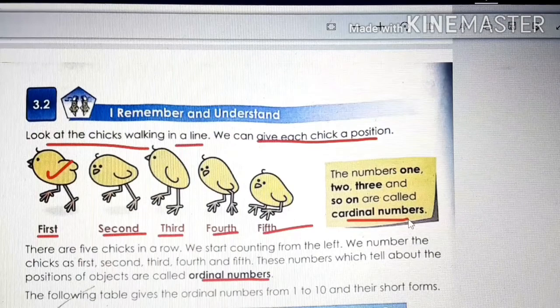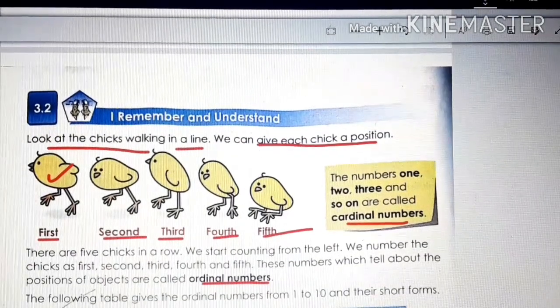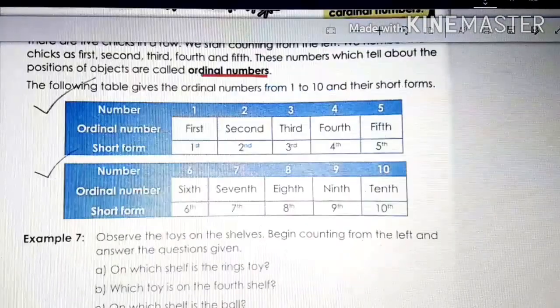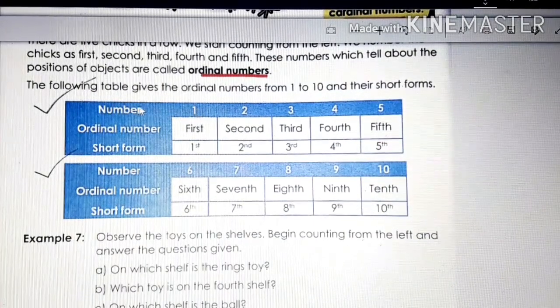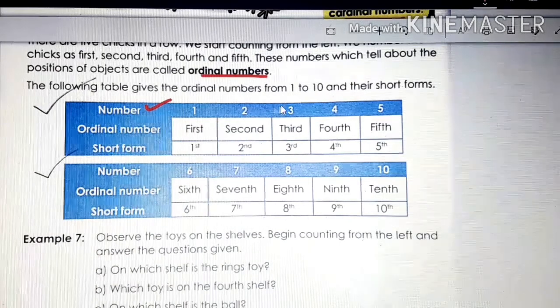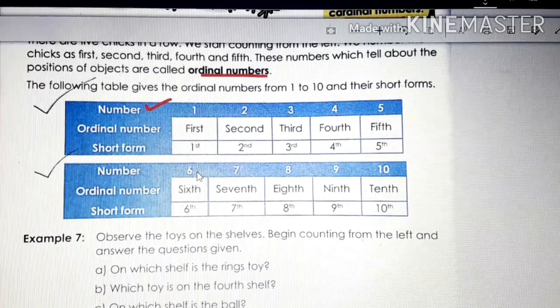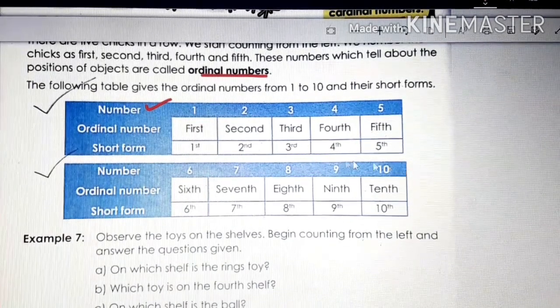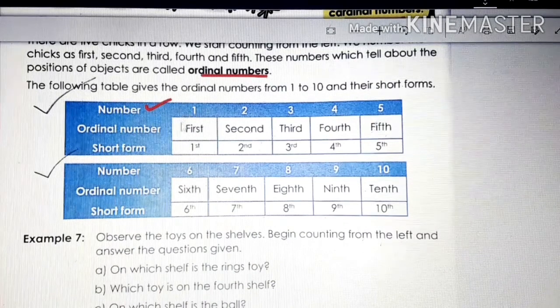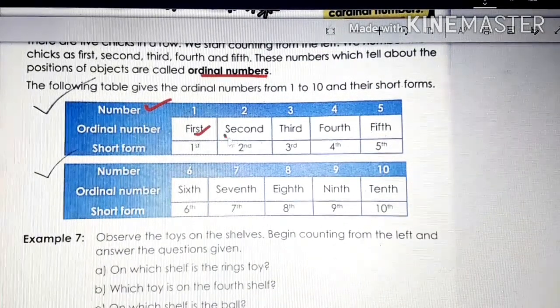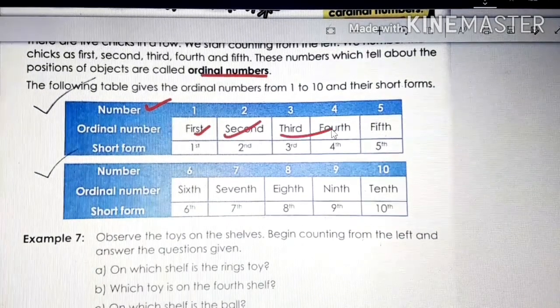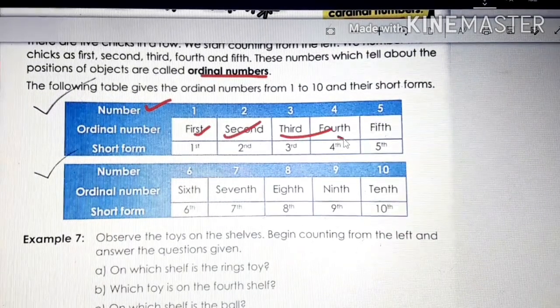The cardinal numbers which we study, that is 1, 2, 3. These are cardinal numbers. So these are what, children? 1, 2, 3, 4, 5, 6, 7, 8, 9, 10. These are cardinal numbers. And ordinal numbers are what, children? First, second, third, fourth, fifth,